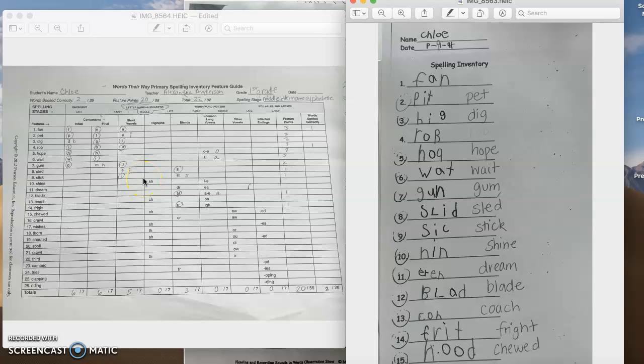To assess Chloe's spelling, I use the primary spelling inventory. Here is Chloe's spelling sample right here. Next to each word misspelled, I wrote the correct word. The number of correct words that Chloe spelled is 2. And this is my power score, and I actually use this to discuss her work with my colleagues and her